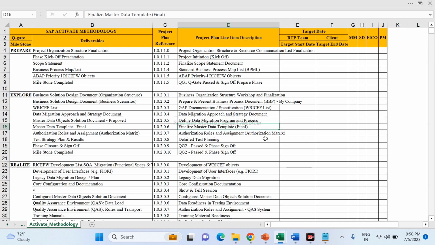So this master data template is nothing but your upload template. How you are going to receive the data, or how you are going to upload the data, right? So based on the program, or based on the migration cockpit, or based on your LSMW or BDC or IDOC, you have the Excel file template. So this template you have to share to the client, and with the help of the IT team,